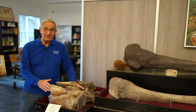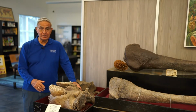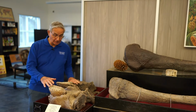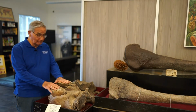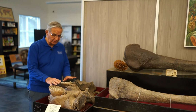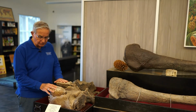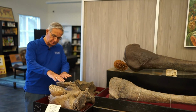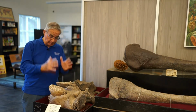We're at the Ice Age section of the Creation Discovery Museum. I am standing in front of a jaw of a mammoth. Now this is a small jaw of a Columbian mammoth, and we believe it is from a very young juvenile. We have its top mouthpiece right here,